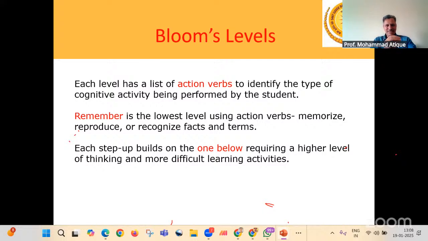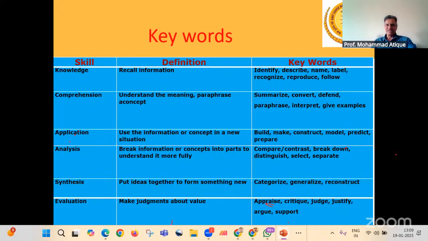The bottommost level is recall or remember, which is nothing but the knowledge level. If you look at the question paper of any university, I'm not saying Amravati University or any particular one, we talk about that bottommost level: remember, explain, define, and so on. What about the other aspects? Those are completely ignored, wherein you have affective and those kinds of things.